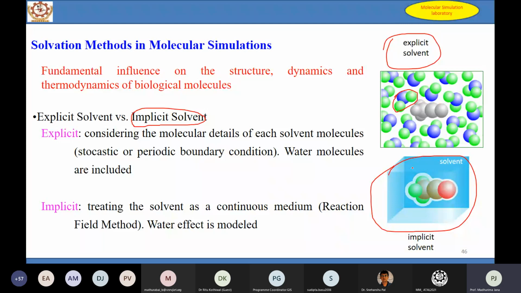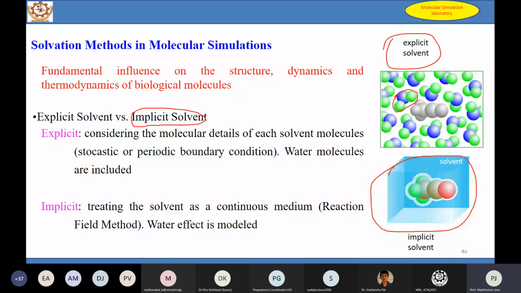If I put the dielectric constant value of water here, it will be treated as a water environment. So here we are creating the environment, but the real existence of water is not here. You have to find out which one is important for you. Obviously for protein dynamics, you need to take the explicit solvent if you are doing MM. Sometimes if we do some QM calculation in the solvent environment, we can use the implicit solvent for that purpose.